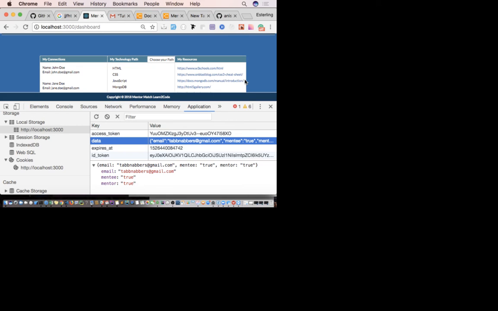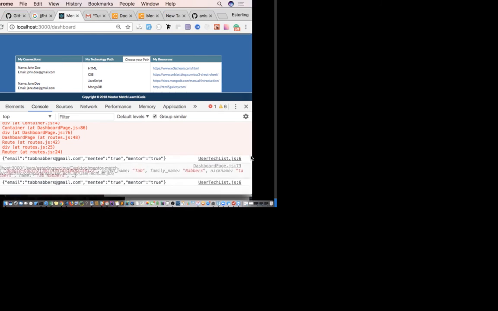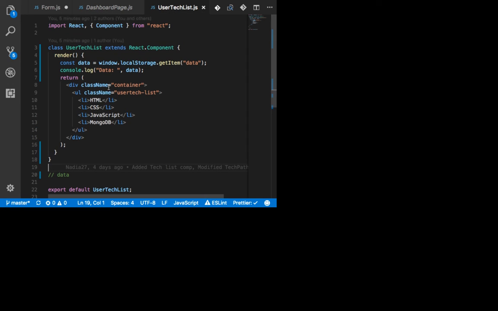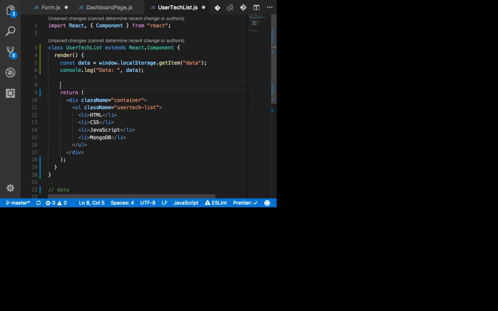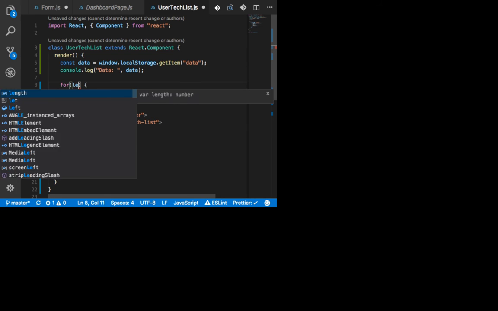Now, guys, the good news is it was actually being saved inside the local storage. You see that? And now that data is available under the user tag. So the local storage function is working. To display this data, we only need to go inside the user tag, which is over here. Because this is an object, I'm going to have to loop through it. Check this one out. We're going to loop through it. That's the key.